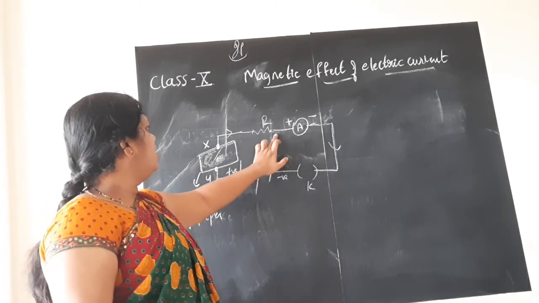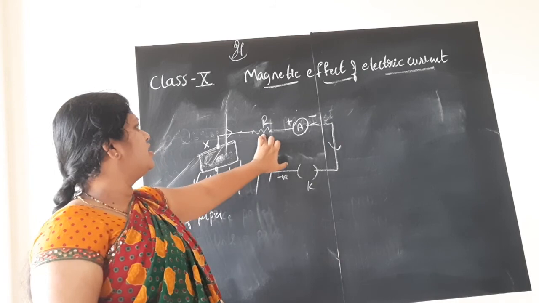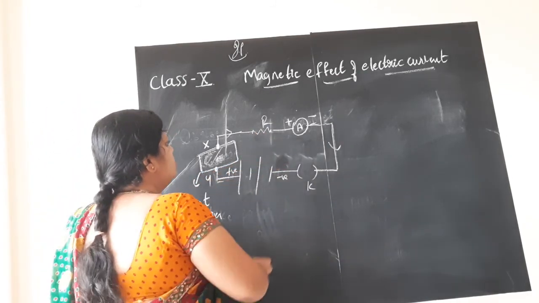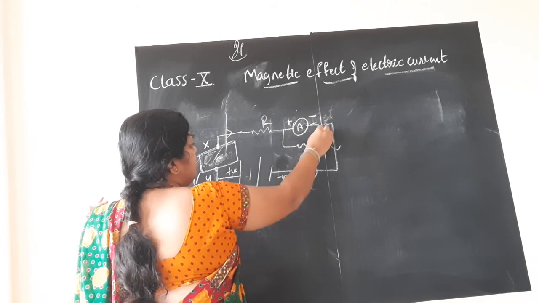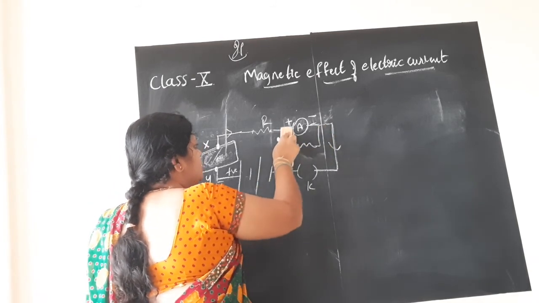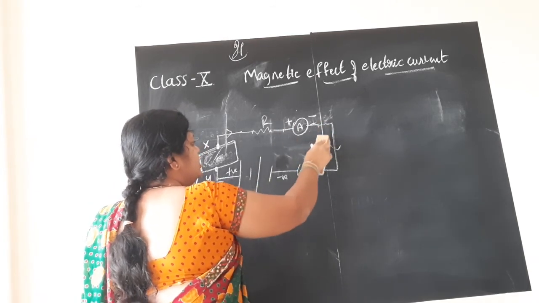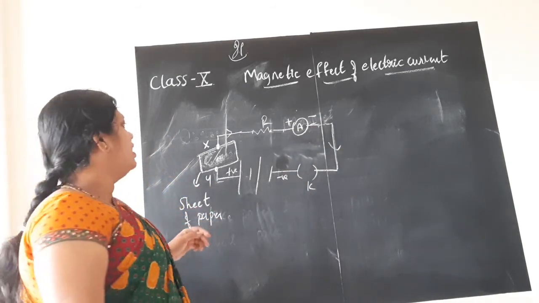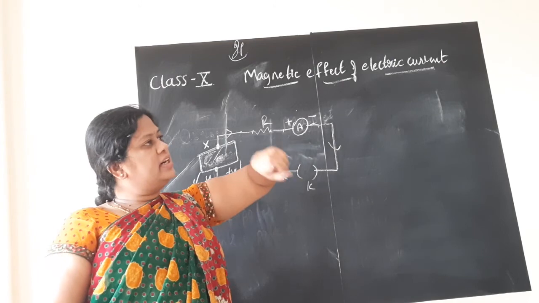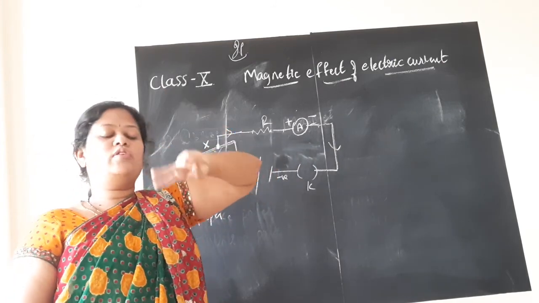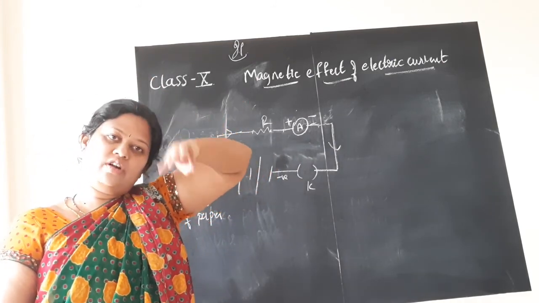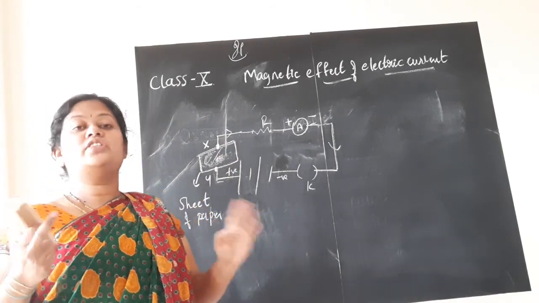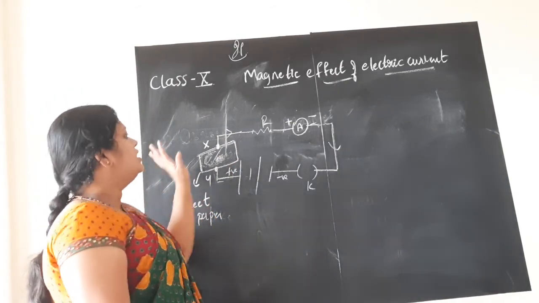Okay. Now let me connect one resistor. So here I have connected the resistor in series with the ammeter. If I connect the resistor here, then it will be parallel. So whenever you connect a voltmeter, children, you should connect it in parallel always. Okay? So the ammeter is connected in series, resistors are connected both in series and parallel, and the voltmeter is always connected in parallel. So these are like basic mantras, you should keep on chanting them. Now this is the circuit.